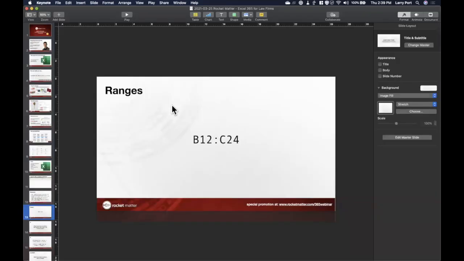Okay, so a range is really just an area of your Excel document, right? And it has a specific notation. It's usually start cell and then end cell. So in this case, it could be B12 to B24, and it would just be a column.